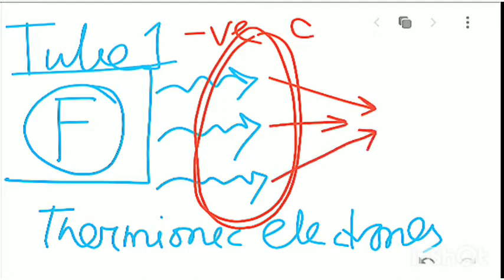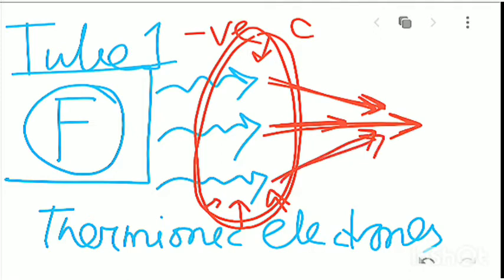It collimates them, because if the negative charge is there, these electrons face repulsion from all the directions, and as a result they become more and more focused in a single direction of moving out of there. So as a result, what we get from the tube 1 is a concentrated beam of electrons,